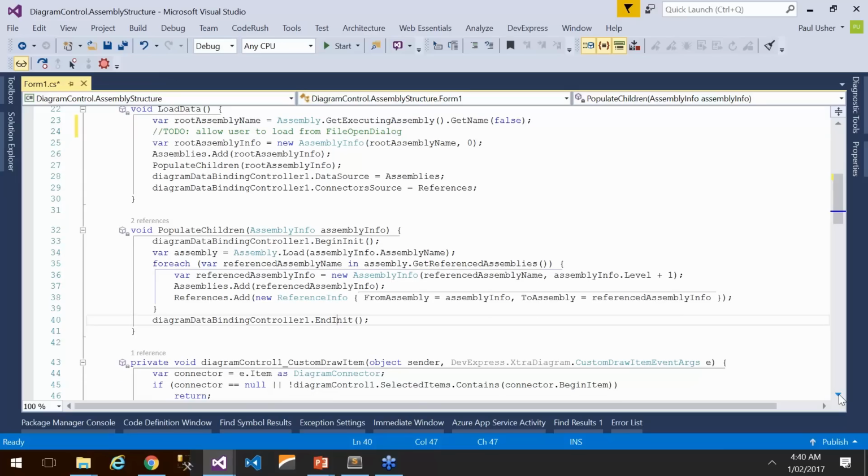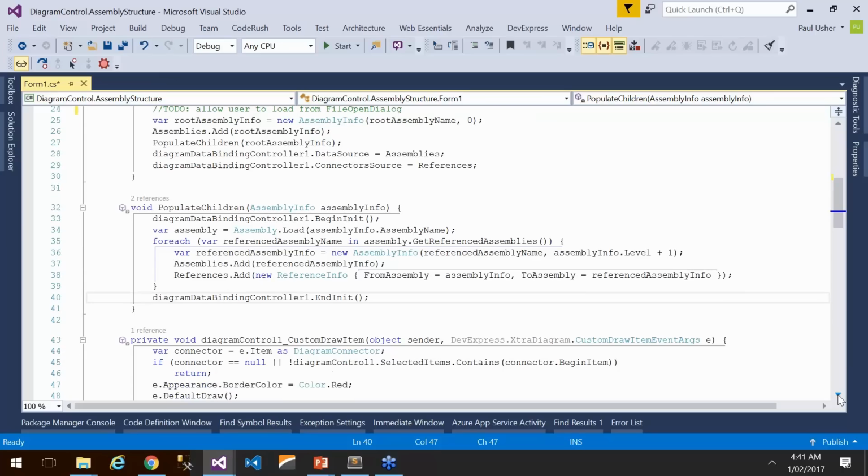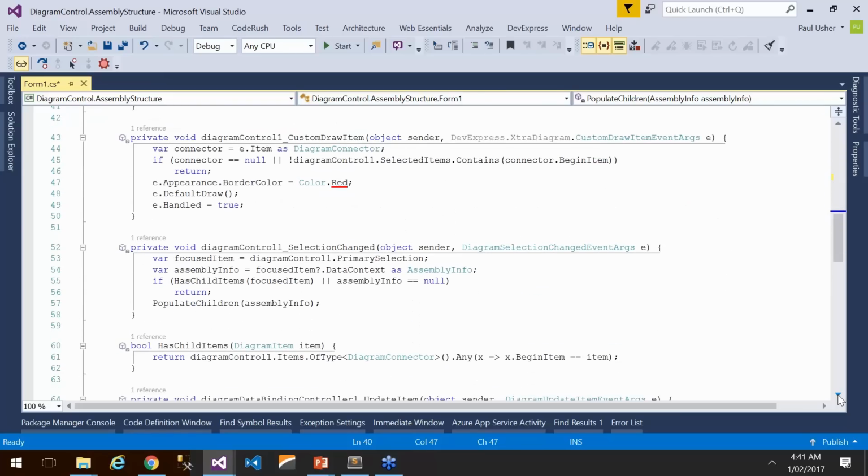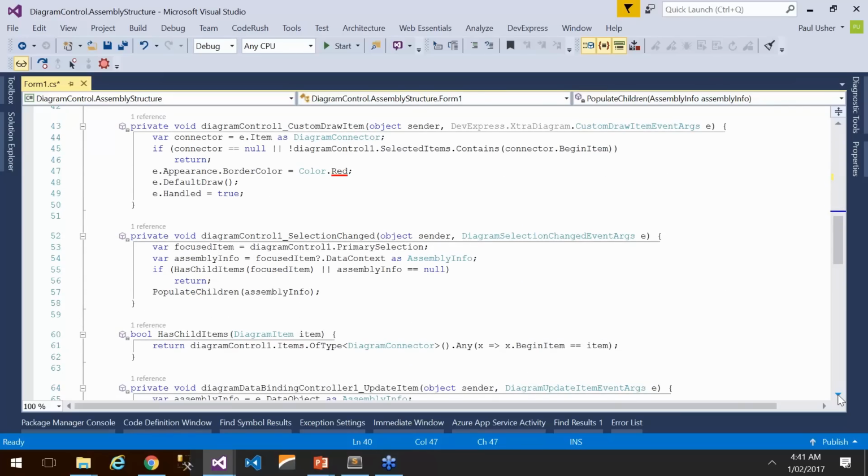So for each of the assemblies that we come across, we need to populate a list of its children and references to those children. And as Paul just said, we have a begin and an end init there, so we're not constantly updating the diagram control as we find all these references to other assemblies. You can imagine that's going to take an awful long time if the diagram control is actually trying to work out where to display each element as we're adding the elements. So it would take a very long time